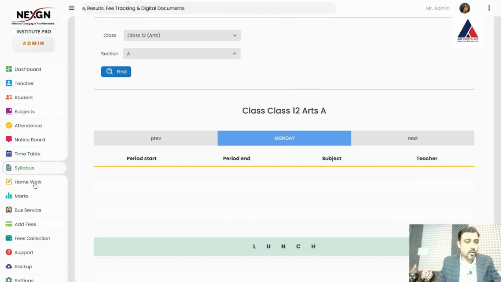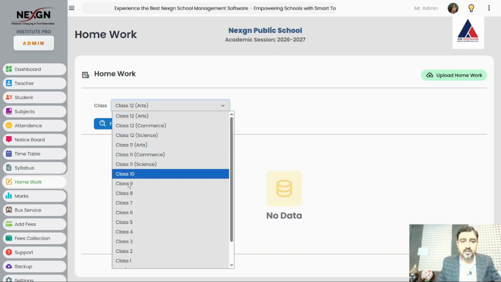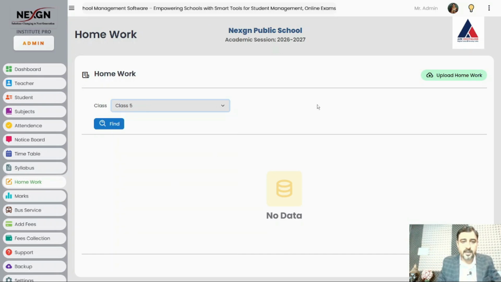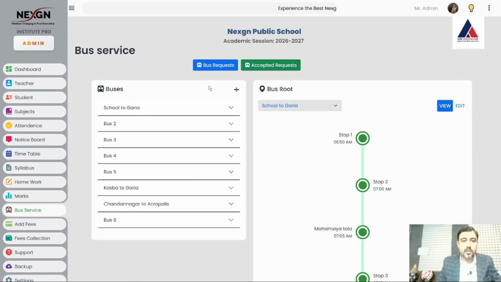Syllabus, homework also you can share with the teacher subject class wise, by class 5 they can share the homework. Immediately the homework will reach all student dashboards. Marks I have seen. The bus facilities also is there, so you can